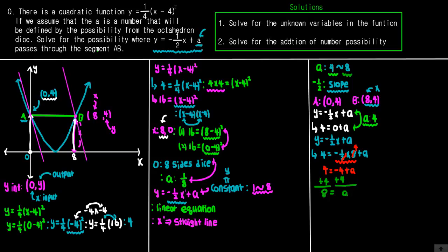But we can see that these two functions are parallel, since we know that the slope of the function, which is negative 1 over 2, is the same, and the difference between the two functions is the a value. So the a values between 4 and 8 will be the functions that pass through the segment AB. So it should be 4 to 8, but if you think about the quantity between the 4 to 8